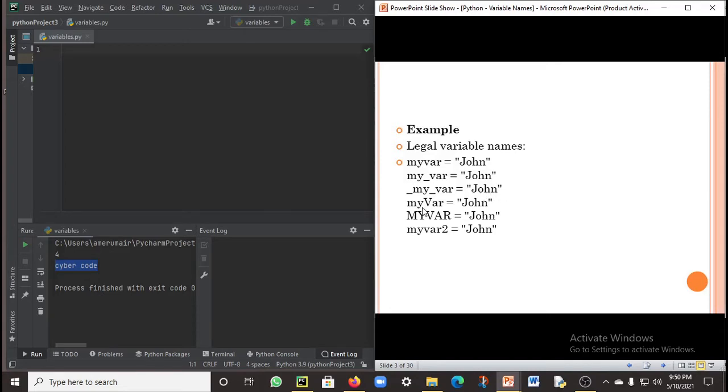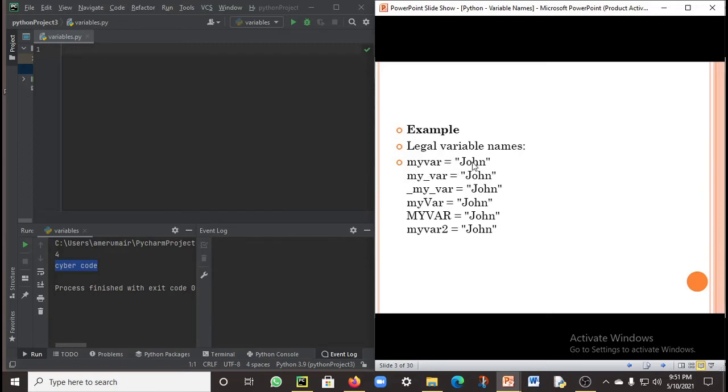You can also write it as myVar is equals to John, or in full caps, MYVAR is equals to John, or else you can also write it as myvar2 is equals to John. So these six are six different variables created in Python.